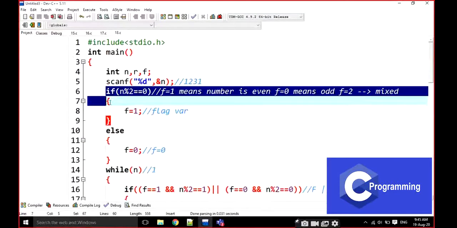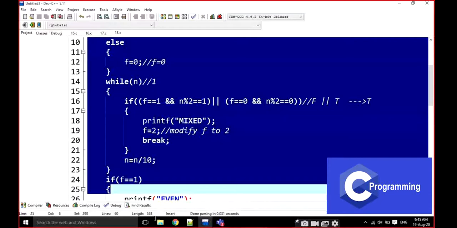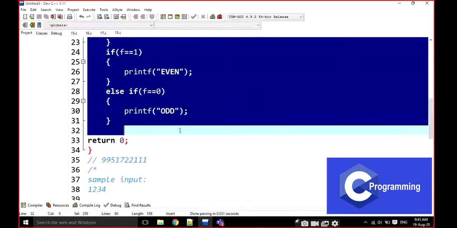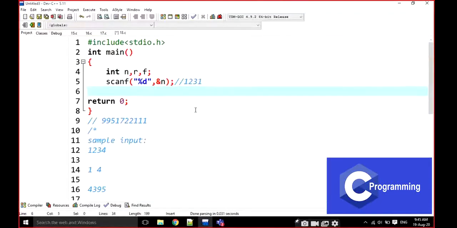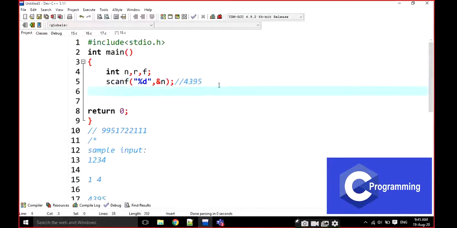Instead of writing all these things, I am going to erase all these things. 4, 3, 9, 5 is the input, for example. I am going to take it as a minimum value. What is the minimum digit? Minimum digit is 0 and what is the maximum digit? Maximum digit is 9. Okay.